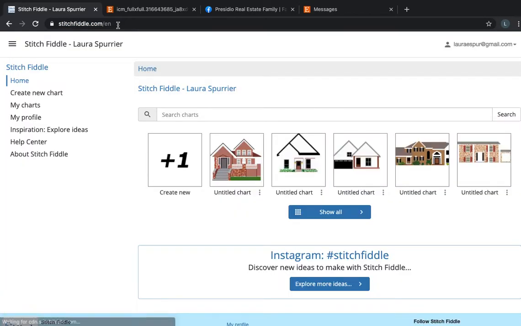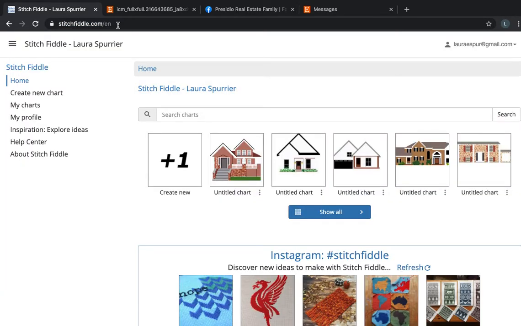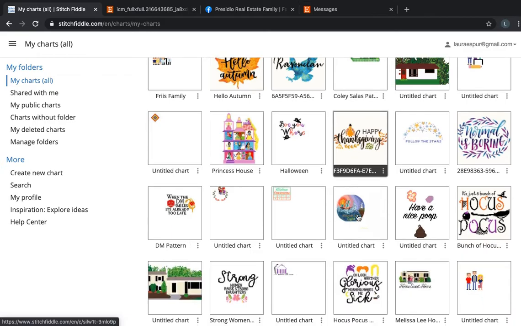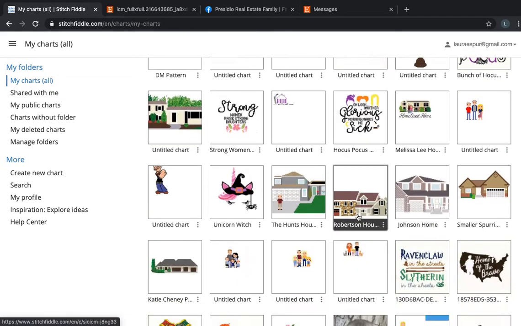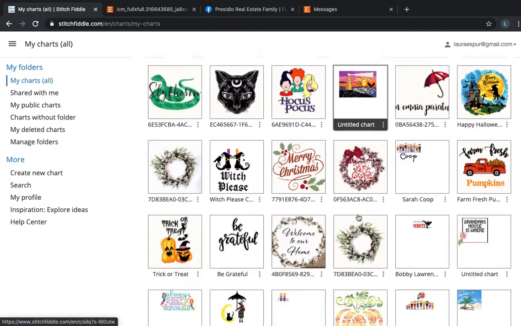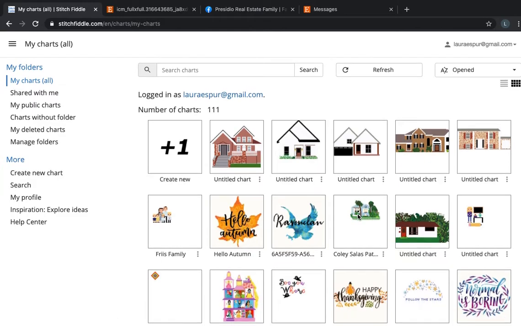stitchfiddle.com. Most of the features of this website are free, and I can show you which ones aren't. And you can see all the different patterns that I've done recently. I believe with the free account you can have up to 15 at a time. I pay about $5 a month, and it shows all of the patterns that I have made on here. Basically, I've saved them all. So I think I have a lot, but most of them are just for fun. Anyways,